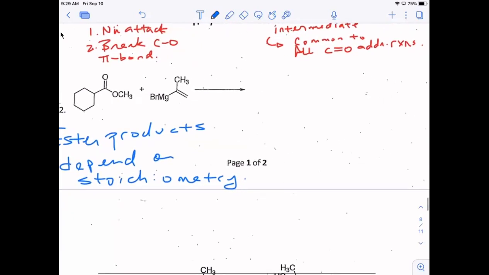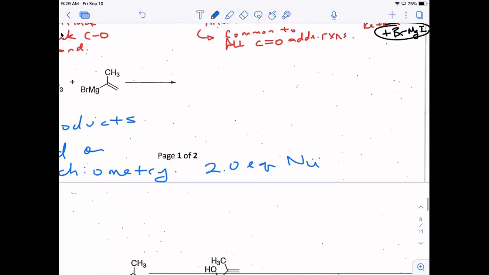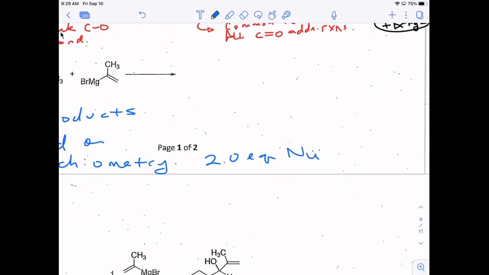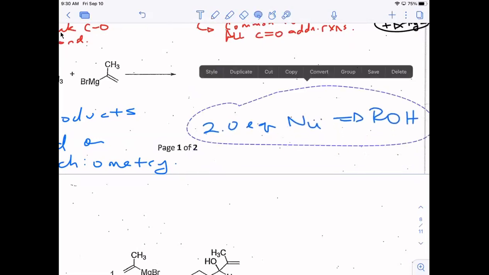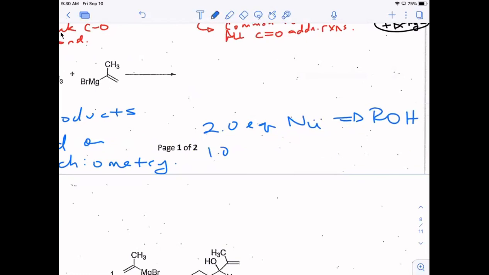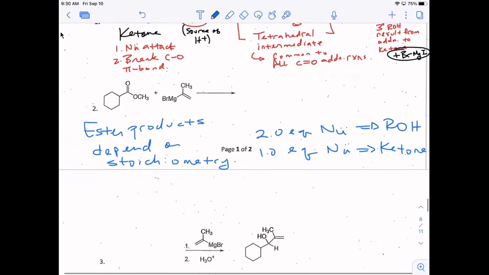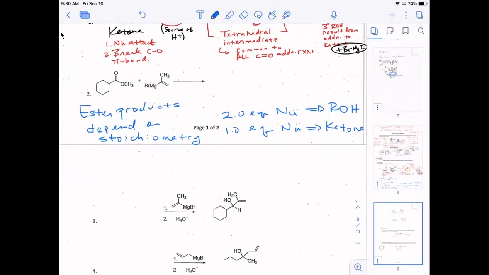Right, so if you have two equivalents of your nucleophile, you're going to get out, plus a quench step, an alcohol. If you have one equivalent of your nucleophile, you're going to get out a ketone. All right, so that's important to know because depending on